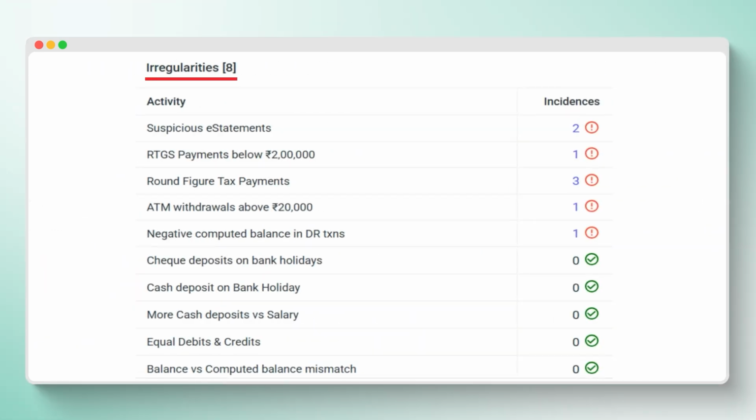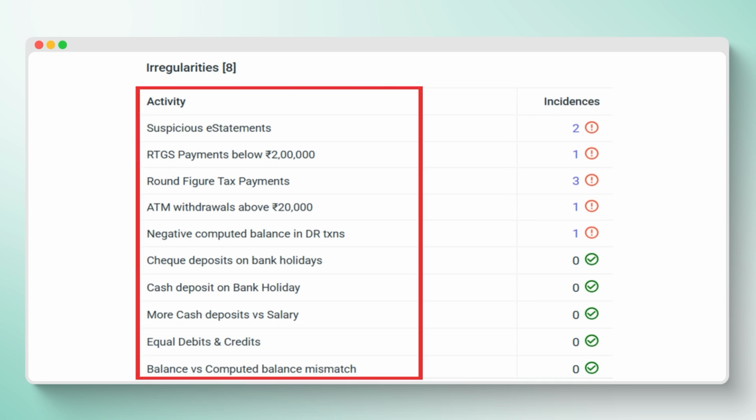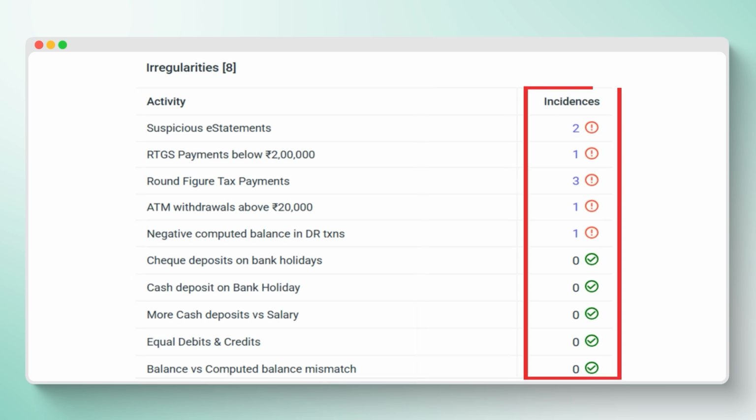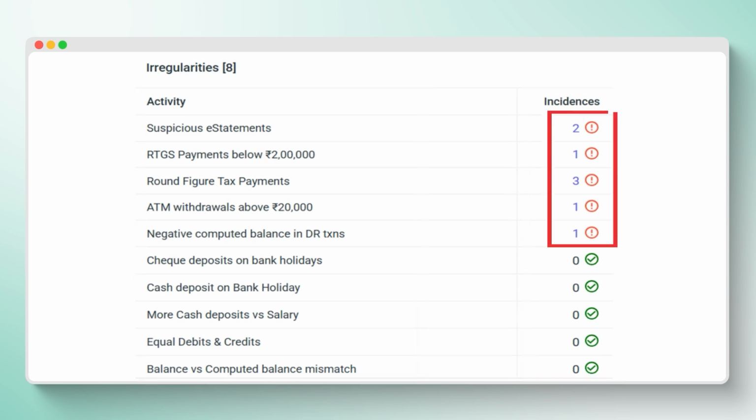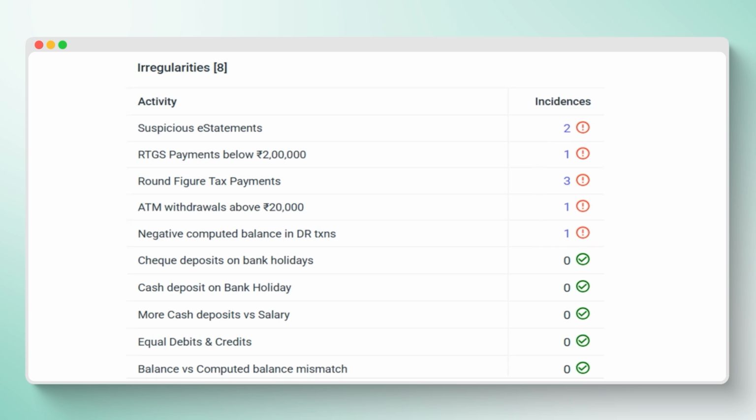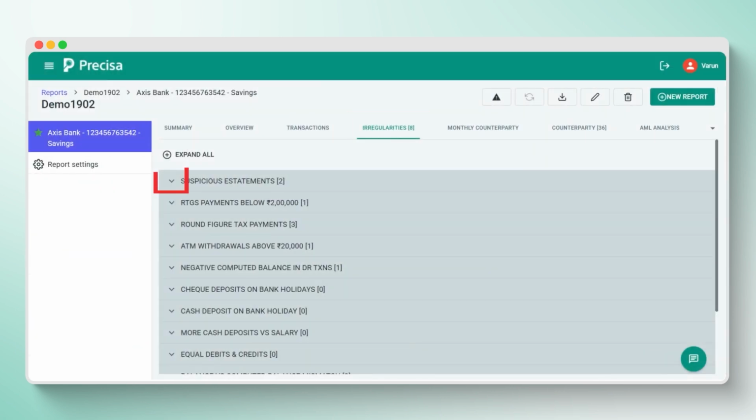The Irregularities section within the Overview tab highlights specific flagged activities and the number of incidences for each, using warning icons for immediate attention. In the dedicated Irregularities tab, you can expand each category for a more detailed breakdown of